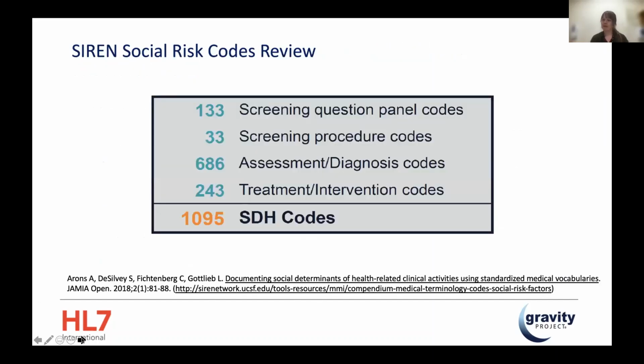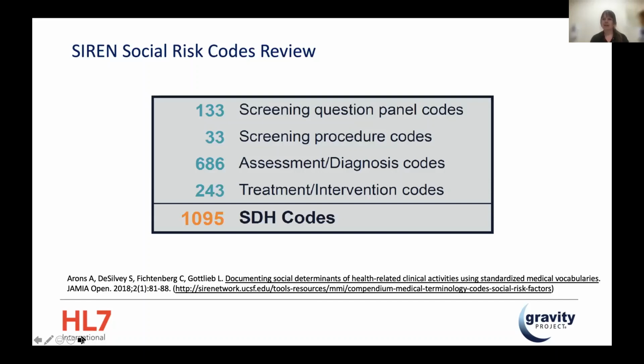So the Gravity Project came out of a multi-year initiative to define the lay of the land for social risk data in U.S. healthcare settings. There was an initial meeting in 2017 in DC that called national and international experts in social determinants of health to discuss where we were. And the assessment was there's a lot of social risk data out there. We don't know how good it is. Again, this is healthcare terminology when I say data. We don't know if it's the correct terminology. And so we need to identify what's out there, assess gaps, and then make sure that we fill those gaps based on the evidence.